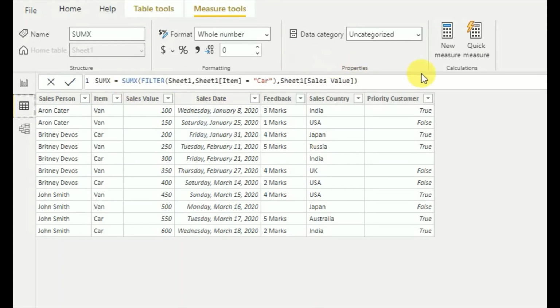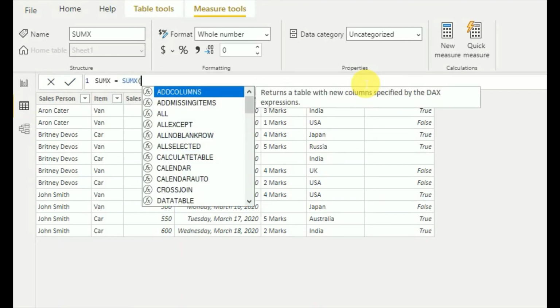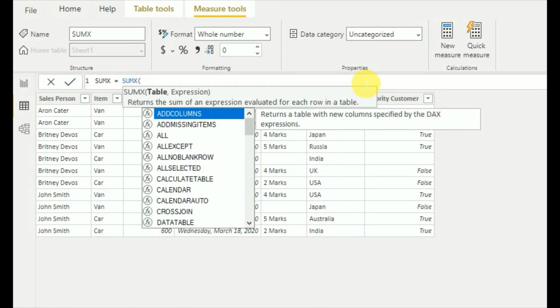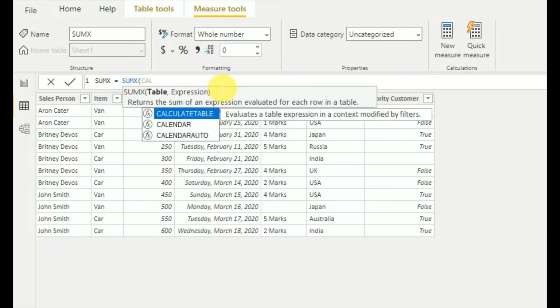Let's do another example with SUMX. I'll remove this part. The basic rule is, as I mentioned, a table: any function that returns a table we can use here. So here I use the CALCULATETABLE function. CALCULATETABLE does the same as a SELECT statement with a WHERE clause in SQL.